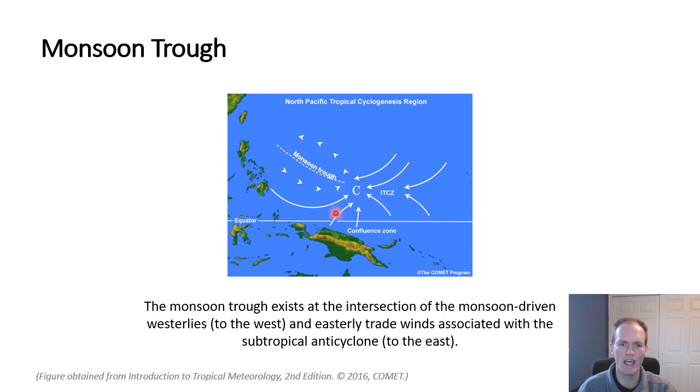And this is an area of enhanced low-level converging winds, which would then force ascent over a deep tropospheric column in the warm, moist environment of the near equatorial western North Pacific Ocean, and is a locus of cyclonic rotation, where these winds change from westerly to easterly, providing this general broad cyclonic rotation. This monsoon trough feature is the predominant generator of tropical cyclones in the western North Pacific Ocean during the local